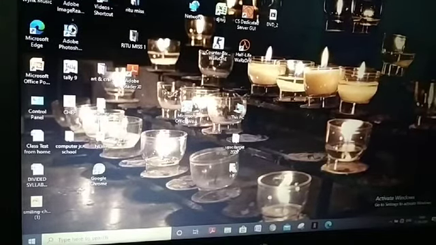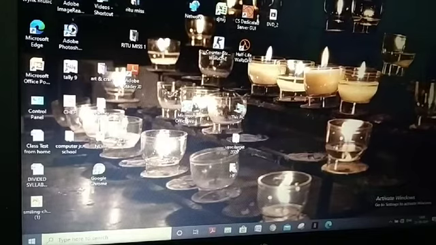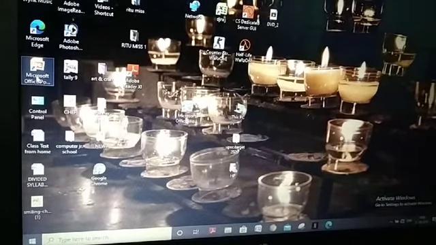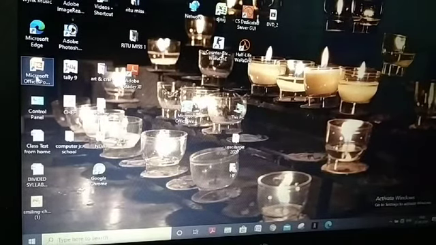Understood? Now the several small pictures you are seeing: Microsoft Word, This PC, Adobe Reader, Art and Craft, Tally, Scanner, Microsoft PowerPoint. These all are icons.